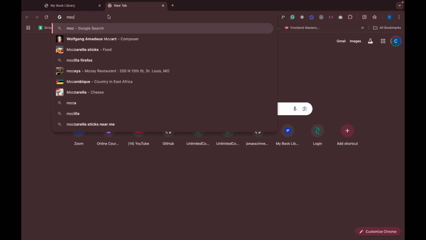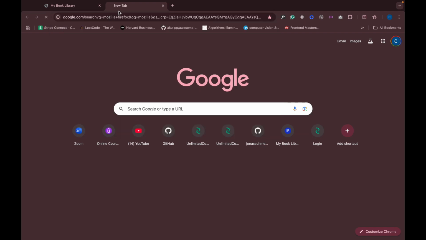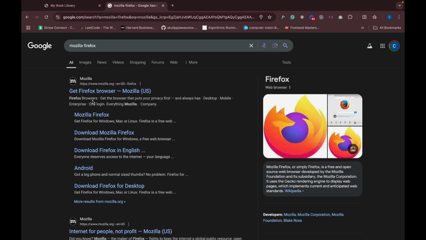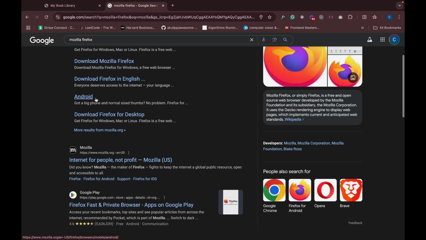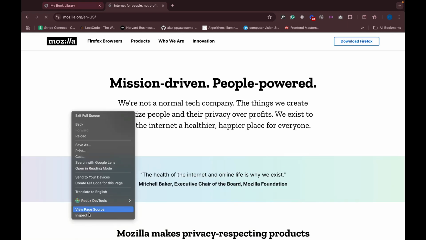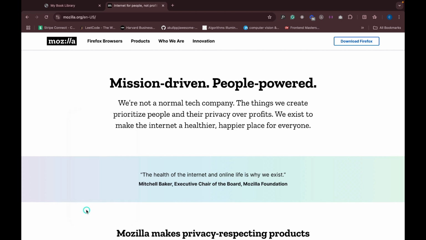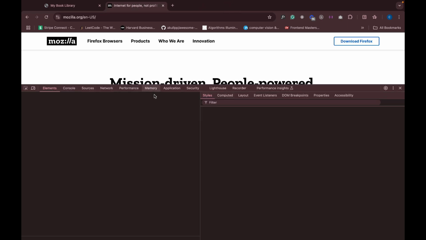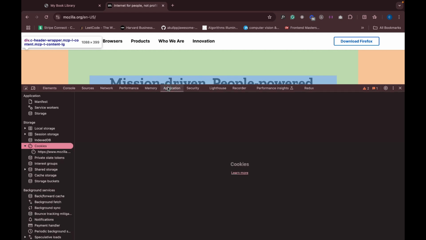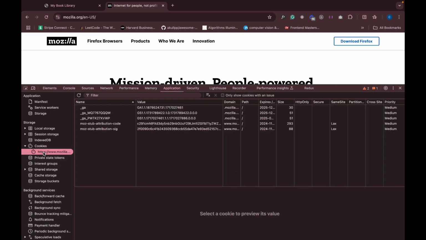Is Mozilla tracking me? Let me see this one. Let me view. Nope, not page source. Inspect. Go to Application. Go to Cookies. Ooh, you can see. So they store,